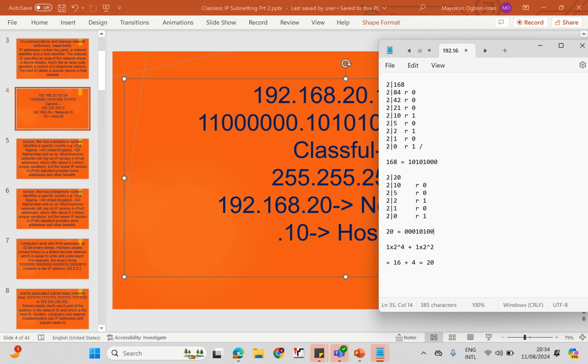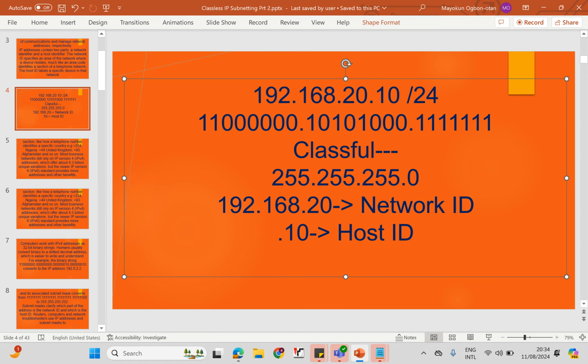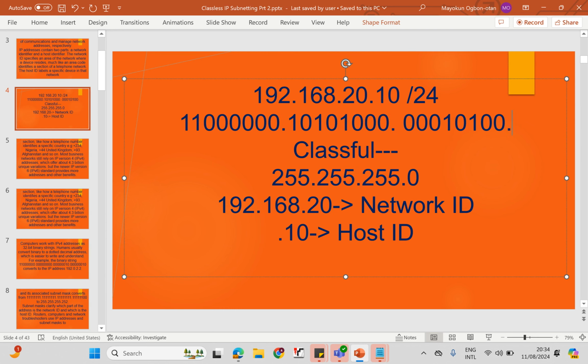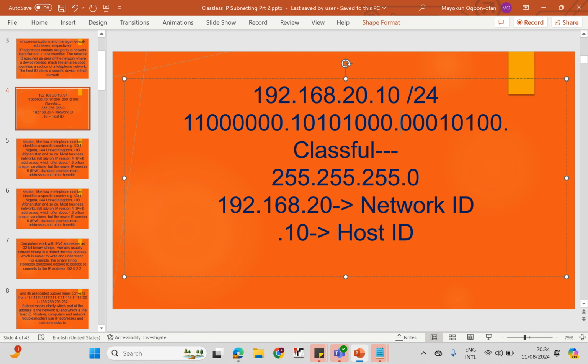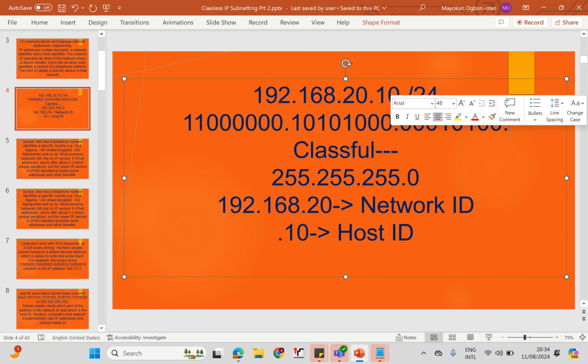So the zeros will be added to the front. That's to the left when you've done the conversion to binary. So it's going to be added to the left hand side. So our answer is this, but then we added the 3 zeros to the front. So this is our 20 in binary. So 10, which is the host,